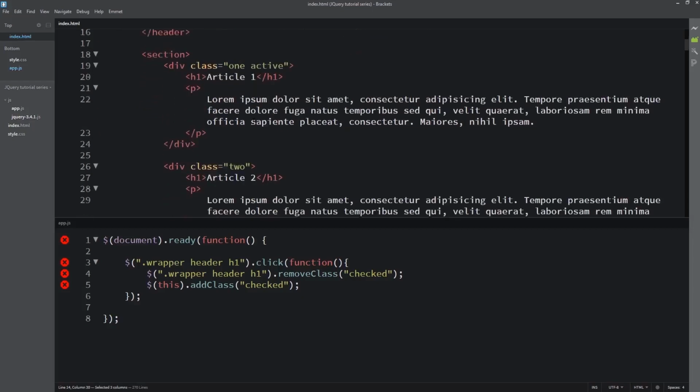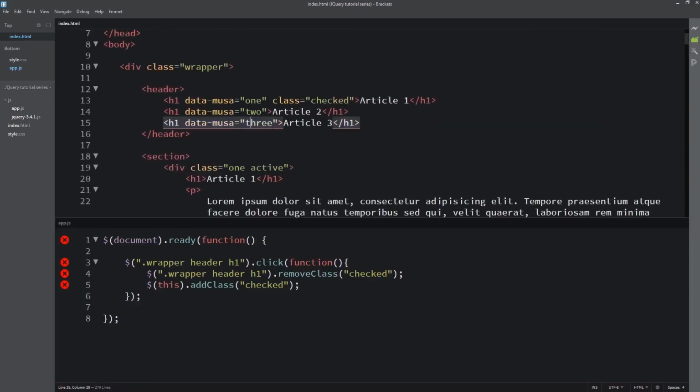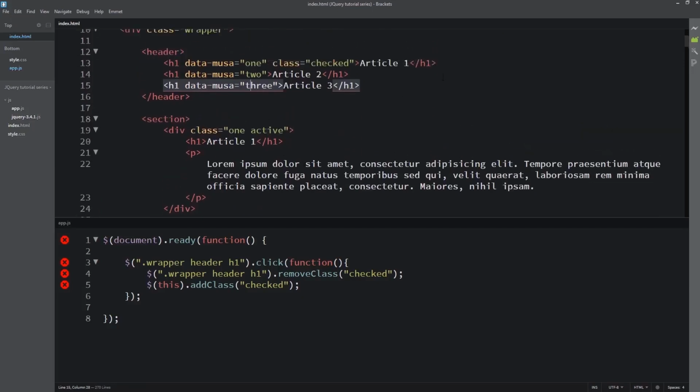This 1 must match this one, this 2 must match this 2, and this 3 must match this 3, because that is what links all these together. So this article 1 links to this one because of this attribute. If you change it to something like ONSE, then this one must be ONSE too. You feel me? It is very important that the two are exactly the same.